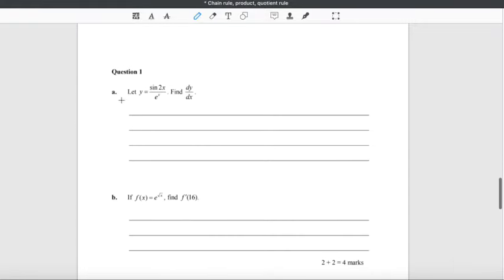Looking at this next question here, we've got y equals sine of 2x on e to the power of x. Hopefully now we're starting to recognize it looks like here we've got a quotient rule question. So as usual, we set up the u is always going to come first. So u is on top in this case, so it's sine of 2x. du dx,